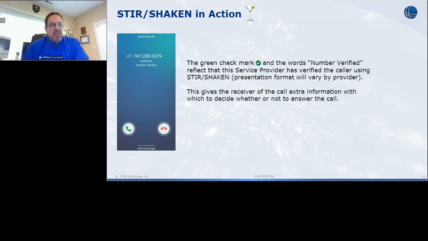But what you end up with is this deceptively simple but incredibly powerful little bit of additional information. This information lets you know whether or not this is potentially a fraudulent call or whether you can trust that the caller ID is being represented properly and the caller is who they say they are. You then are armed with the additional information it takes to decide, am I going to answer this call or am I not going to answer this call? And that simple thing is enormously powerful. So this is what you end up with when you've implemented all of this great STIR/SHAKEN technology. Calls that you receive are either validated as being correct or not.